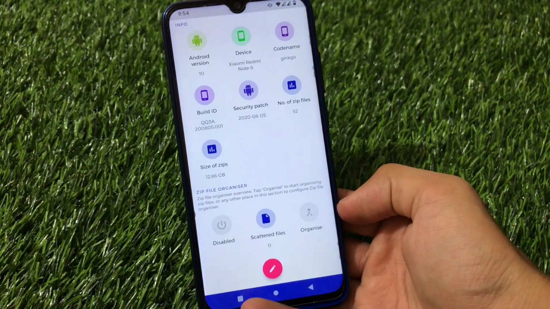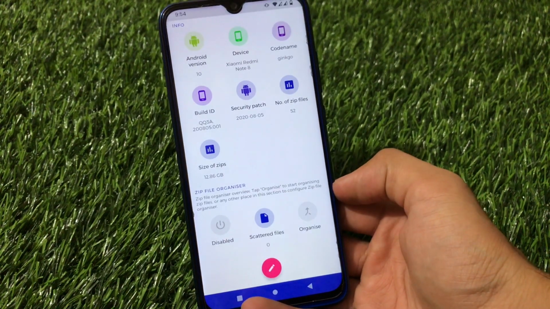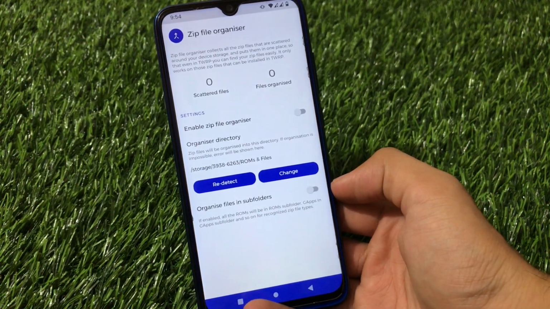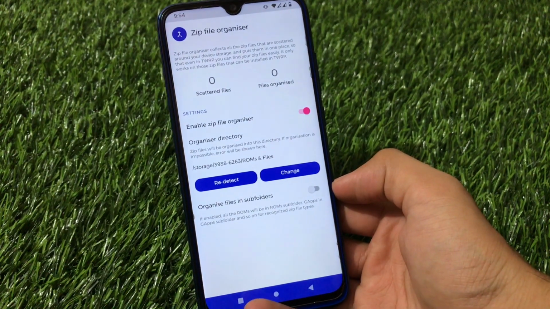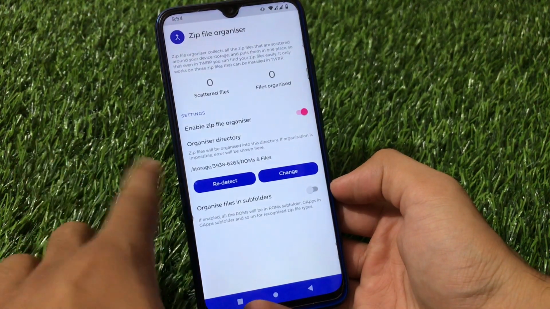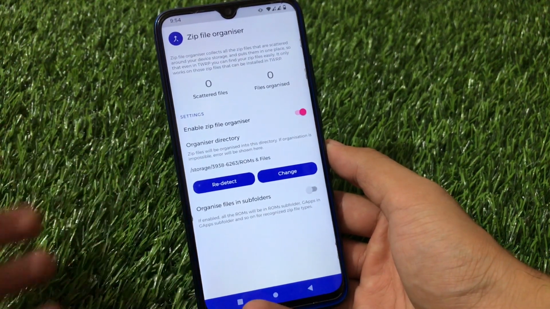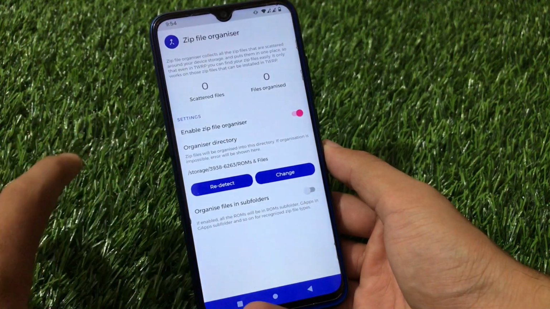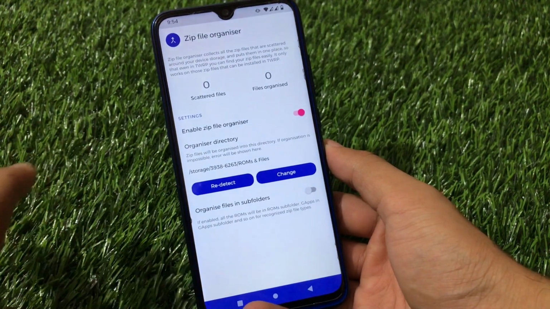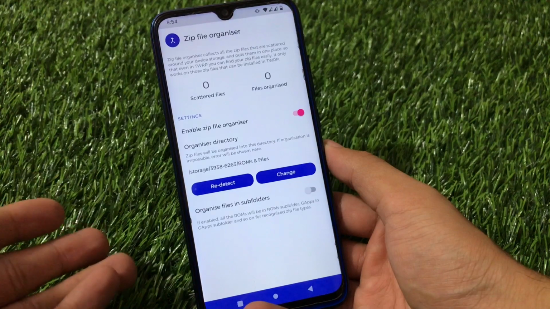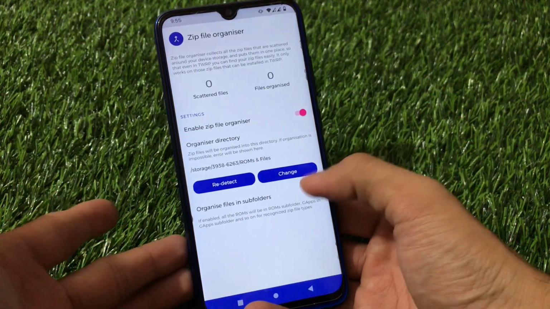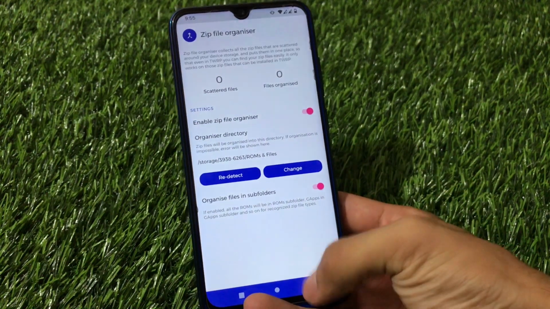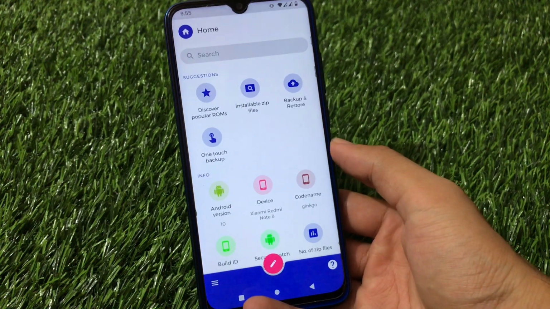And this is one of the coolest things available in this app. What is this? If I enable this from here, all the zips which I have on my device, it will organize them into a single directory if I want. For example, I can choose this directory like ROMs and files, so every time a zip file is there, it will automatically take that to this folder. I don't need to put anything manually, I don't need to copy or move anything from here. It will automatically put everything into this folder whichever I select, and organize files in subfolders. Also this option is available. These are very interesting features of this app and I personally like this thing on my device for sure.